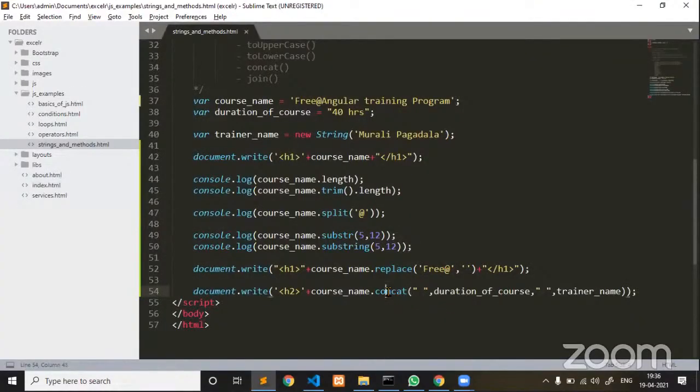Concat is a function which collects multiple strings, empty string and a variable which has a string value, and again an empty string and a variable which has a string. Here we have passed 1, 2, 3 and 4 parameters, and all these 4 parameters are strings, and they are concatenated with the main string which is course name. Either you can use concat or you can go for the plus operator to do concatenation.